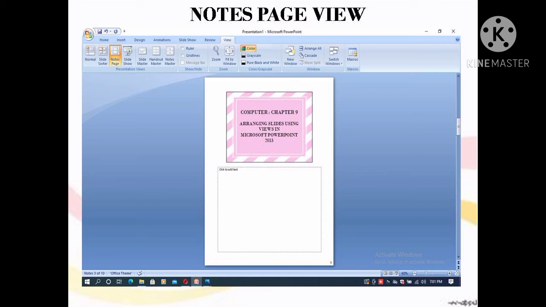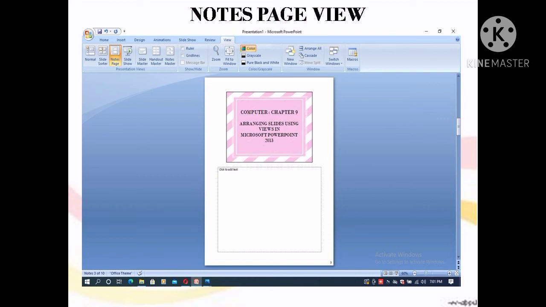So children, in the notes page view, first of all, this view is only available on the view tab. Secondly, you can add different notes on your slide by pressing on notes page view. Supposedly, if you are showing your presentation to someone, and your elder or your boss says that on this slide you have to give me some notes, you can use the notes page view.